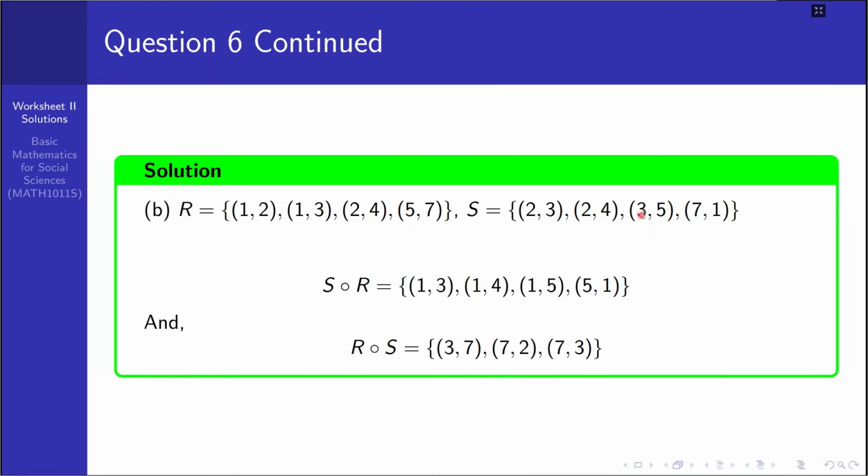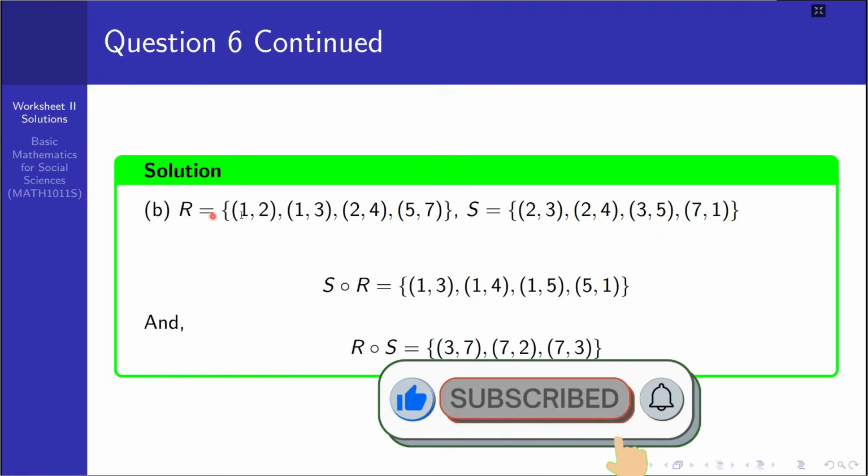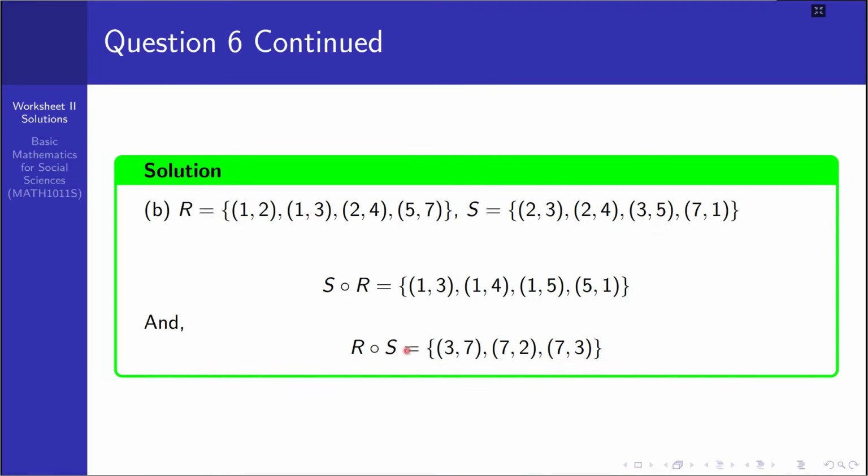እዚህ ጋር ስንመጣ the image of 3 under S is 5 and the image of 5 under R is 7, so that (3, 7) could be one of the possible elements of R composite of S. ኦኬ ስለዚህ አንዱ ኤሌመንት ይሆናል። ሁለተኛው the image of 7 under S is 1 and the image of 1 under R could be 2, so that (7, 2) is an element of R composite of S. And also the image of 1 under R is this one, that's simply 3, so that (7, 3) could be an element of this R composite of S. ስለዚህ የR composite of S ኤሌመንቶች set containing (3, 7), (7, 2) and (7, 3) ይሆናሉ ማለት ነው።